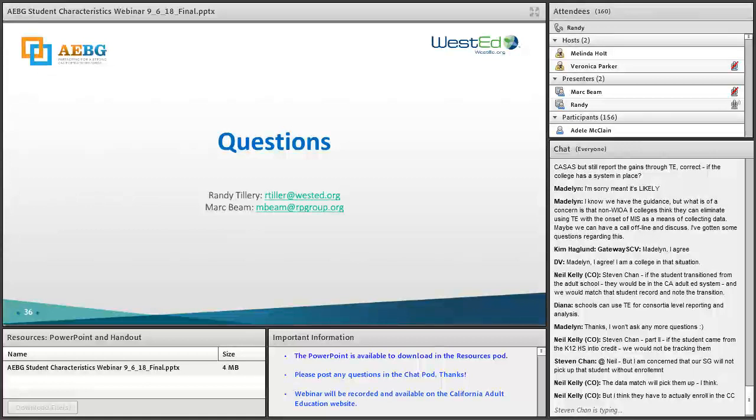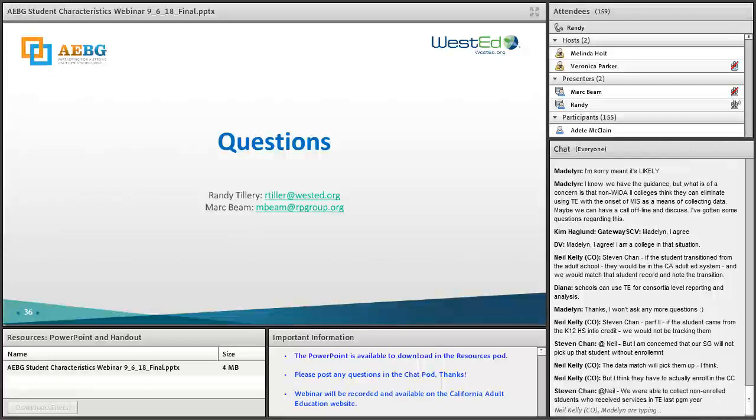So it is possible that if a college chooses to do it, they may lose some MSGs that they may have been capturing through TE, although to be honest, if they're non-WIOA Title II funded, they may not be doing pre and post testing anyway. So they would have the same structural issue about how they identify whether or not that student has made a skills gain. So we do have multiple ways of capturing a skills gain, particularly in ABE, ASE, and ESL, but